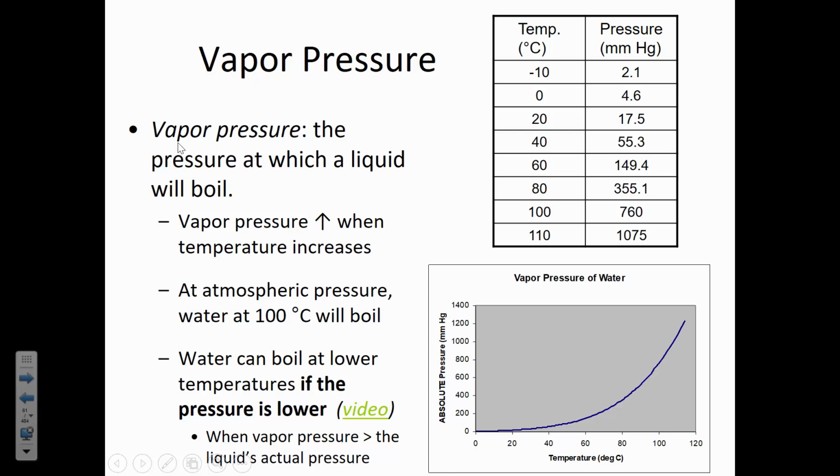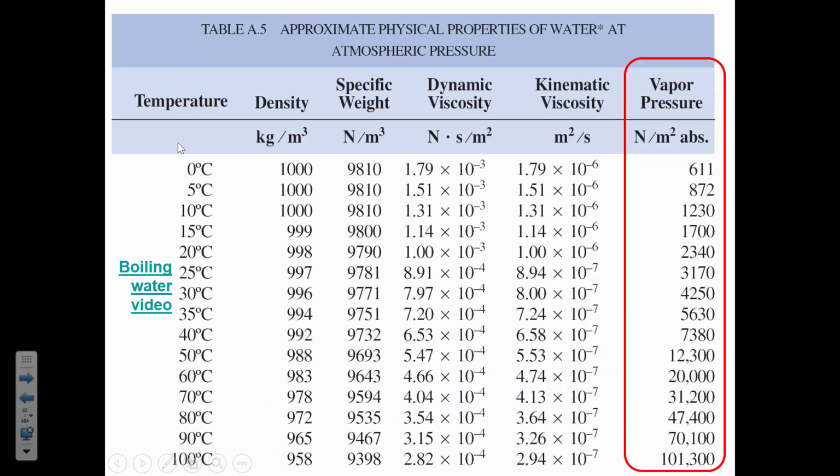So in more practical terms, you're not going to come across the case where you're boiling pasta like this. The more common case for vapor pressure to be important is water flowing through pipes because it causes an effect called cavitation that we're going to talk about today. If you want to look up the vapor pressure of water, table A5 has that information at a variety of different temperatures. And the vapor pressure, you notice, increases till we get to 100 degrees Celsius. And at 100 degrees Celsius, water has the same pressure as atmospheric at sea level.